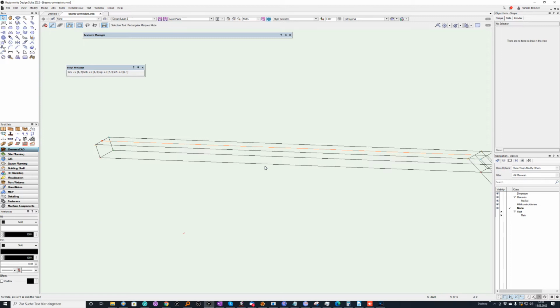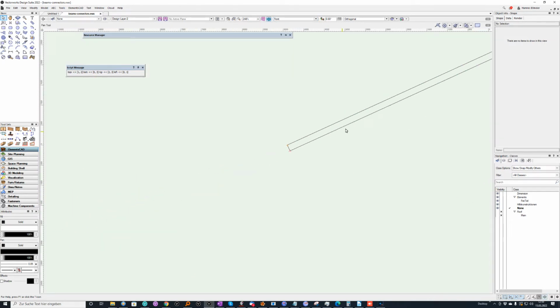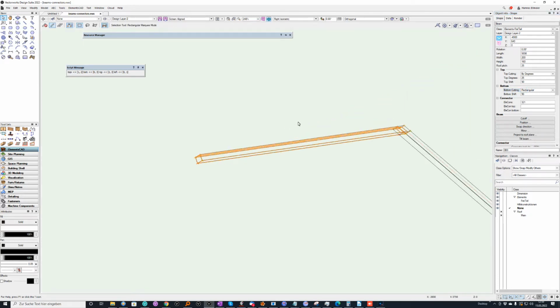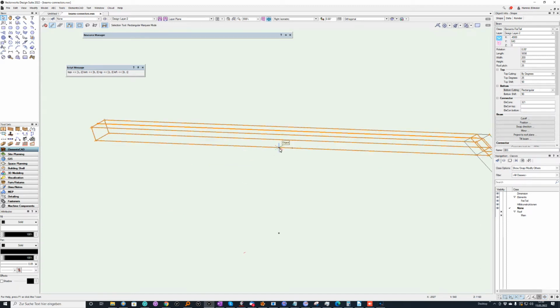We have the same or similar options when I go back to the front view at the bottom section. Here I have as well at the bottom the option to define values for the cutting and the shift of the bottom zone. So we go ahead, and now I have the option to activate the beam,